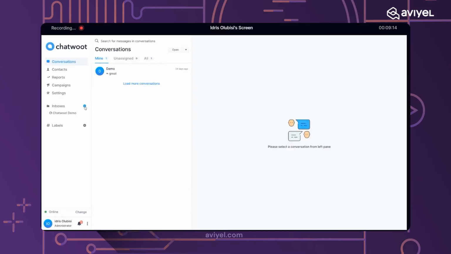Creating a demo, that's an inbox, a new inbox. Inbox simplifies that. For example, if I have different websites and I want to make use of ChatSuite on all these sites, I can create several inboxes that face different sites. It can be a site, it can be Facebook, WhatsApp, Telegram. In that case, I'll have multiple inboxes.